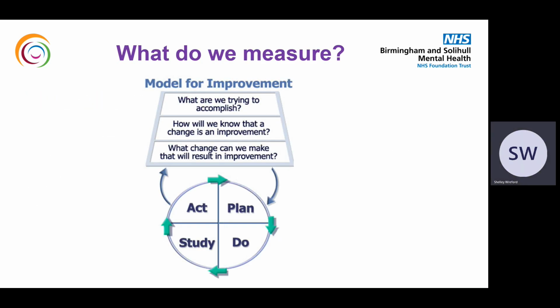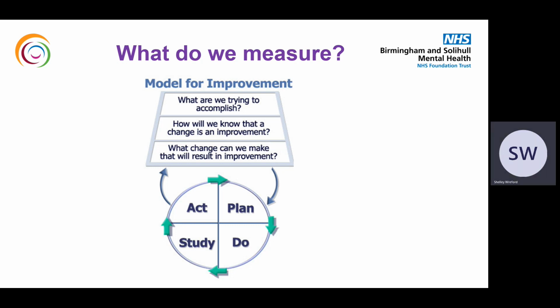Let's first turn our attention to what you should be measuring in your QI project. For those of you who have been following our Coffee Break QI videos, this image of the model for improvement should be starting to look very familiar to you now. To recap, the first question, what are we trying to accomplish, aims to set out your shared goal, that is, to state explicitly why you're all in the room and what you're working towards. The second question, how will we know if a change is an improvement, ensures that we are objectively measuring whether or not we are working towards achieving our intentions.